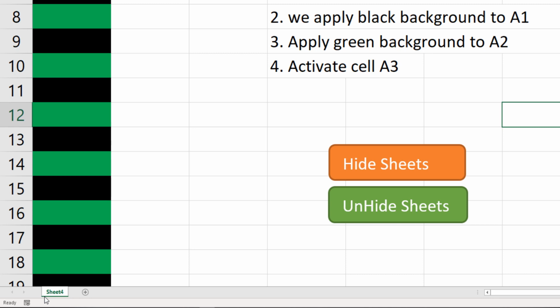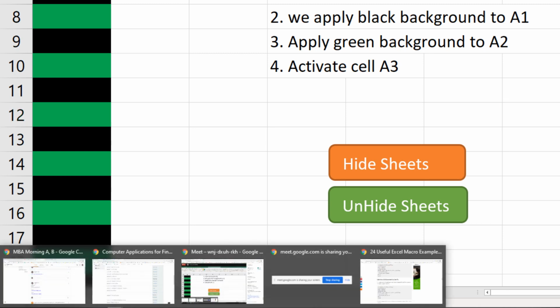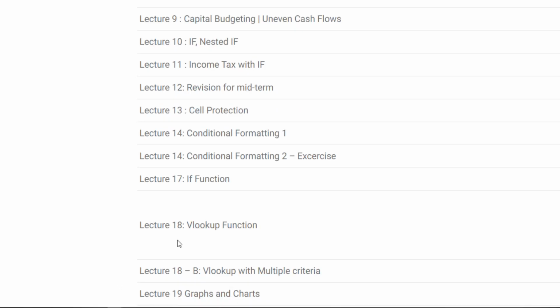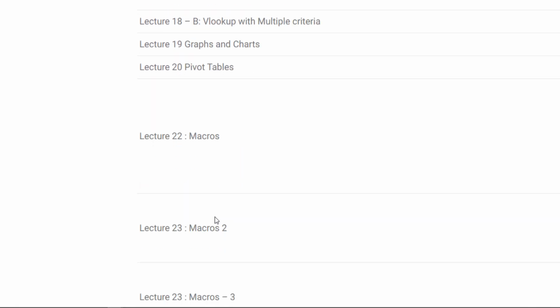So we don't have to write these things. Rather, the macro picks the data from the relevant Excel sheet and then prints the check. We just put the checks inside a printer, and it automatically picks the data and prints the check. So how is that possible? For that, if we go to